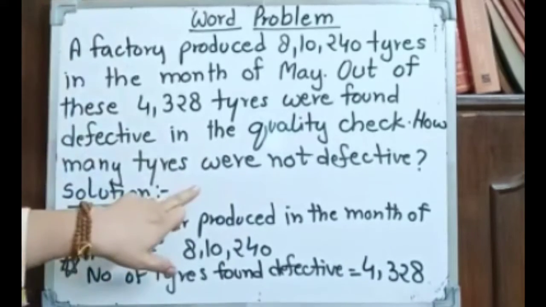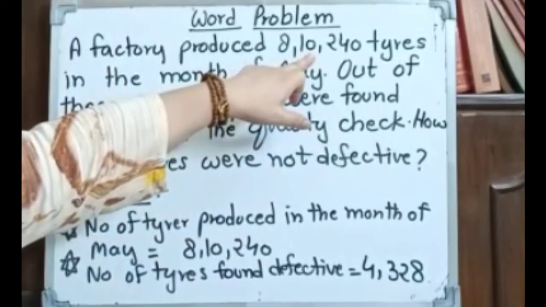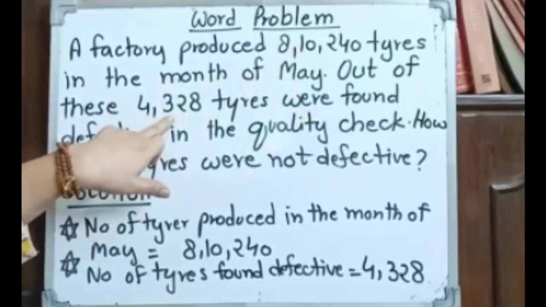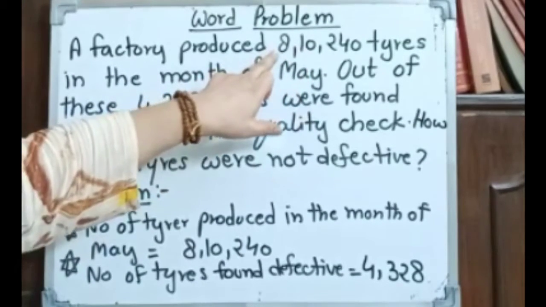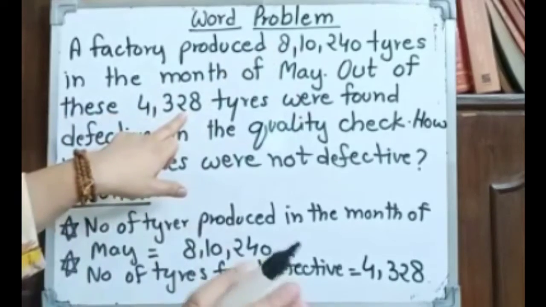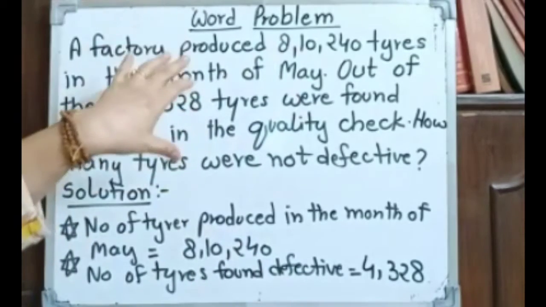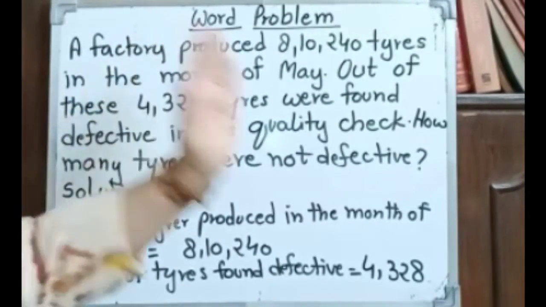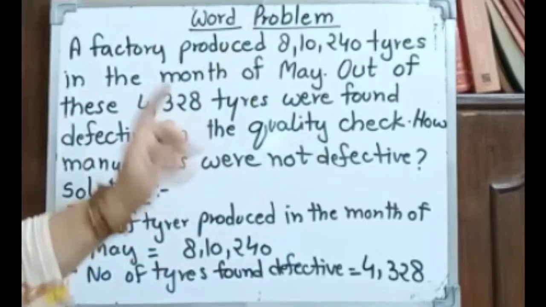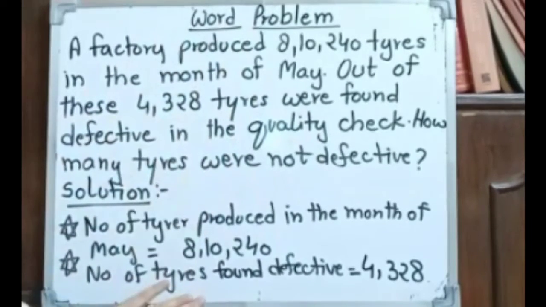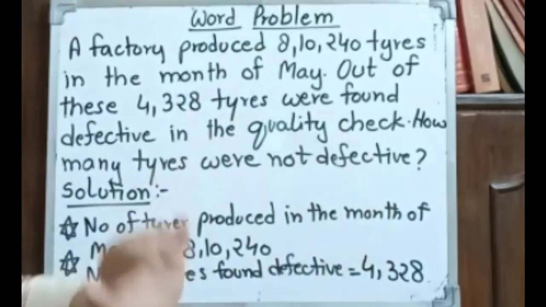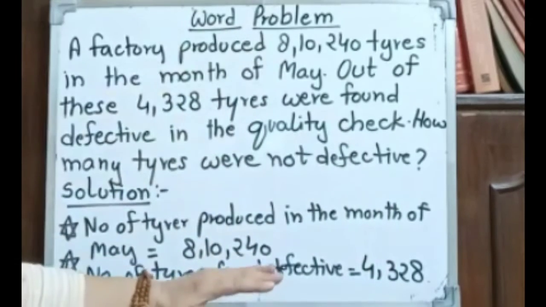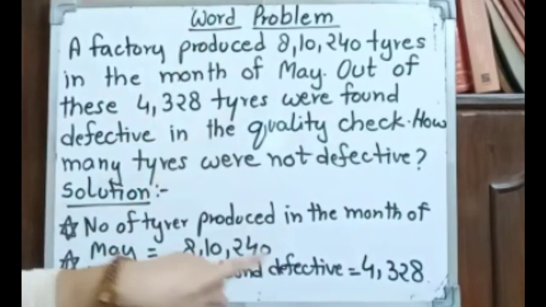So the language is very easy. You all know the number of tires produced and this many tires were defective, so we have to do subtraction, this minus this. Now one very important thing I'll let you know: in a simple sum, when we have subtraction and they mention in the question to check your answer, then you have to show your checking. But here it is simple subtraction, but for your satisfaction that you have done your answer right or wrong, you check it on your rough side, and when you feel that the calculation is right, then you write the final answer.